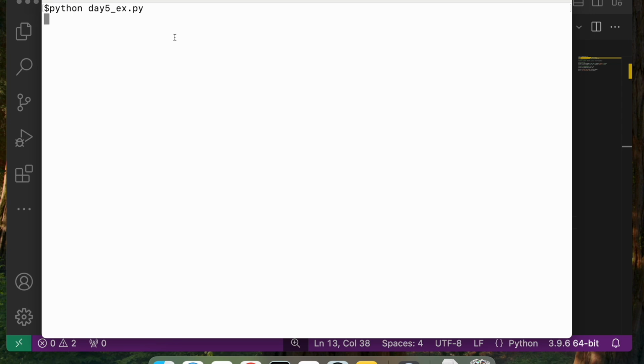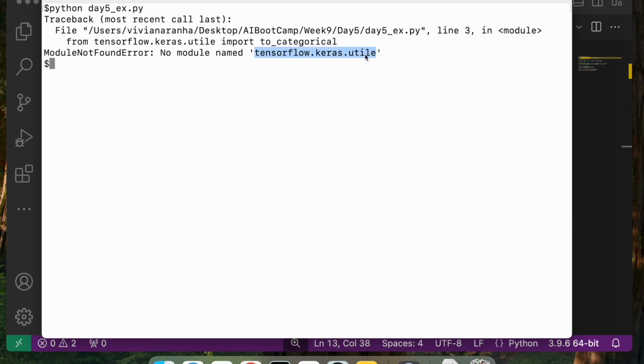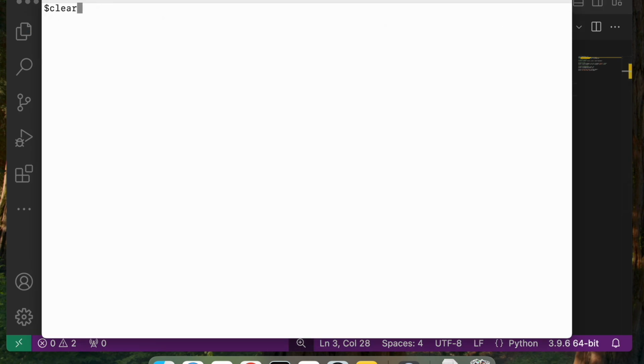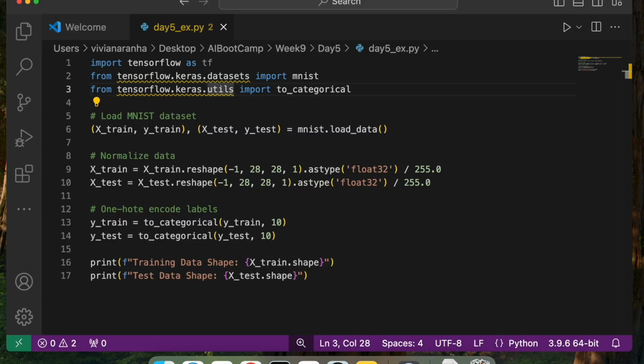It will download that data set, and it looks like I have misspelled utils. Clear it out, run it again, and we have the data set. Now we have it in proper shape, 60,000, 28, 28, 1 and 10,000, 28, 28, 1 for the test data shape. So we have everything that we need.